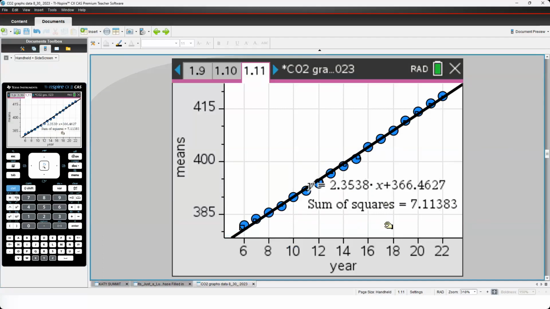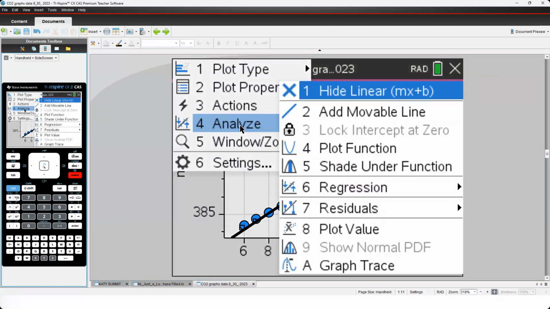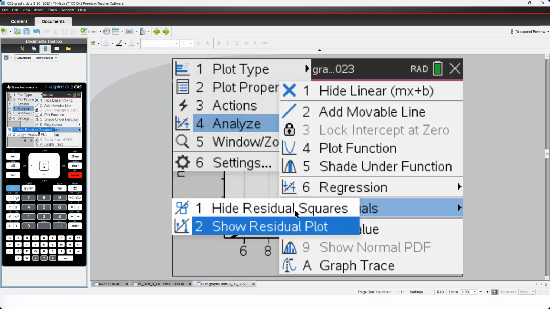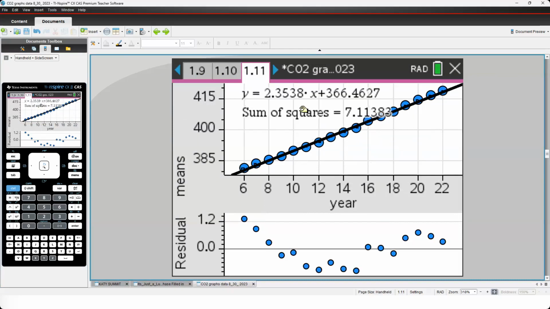Where are the squares? They're so tiny. They're so tiny you can't see them. Maybe we'll do the other. That's one, the smallest sum of squares I've ever seen. I think so too. I didn't expect that. I didn't either. Okay, let's do the residuals and let's show the residual plot. That's too funny. All right. And what do we think? What do you guys think? Do you like those residuals or not?